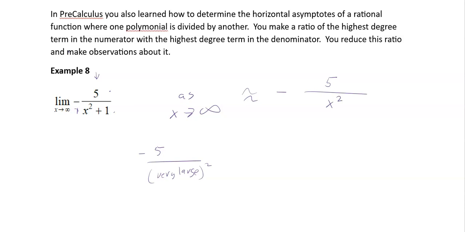In arithmetic, if I take 20 and divide it by 10, I get 2. But if I take 20 and divide it by 1, I get 20. If I take 20 and divide it by 0.1, I get 200. The smaller the divisor, the smaller the number on the bottom, the larger the result. Well, the opposite's true too. The larger the number on the bottom,